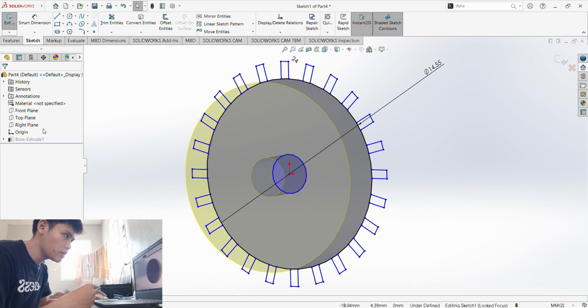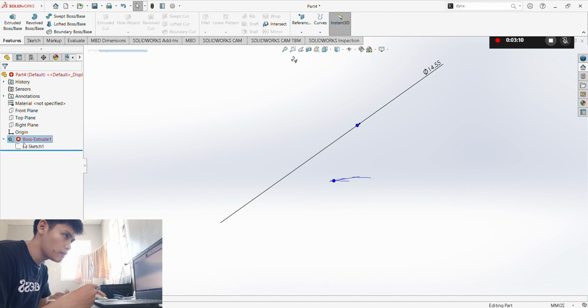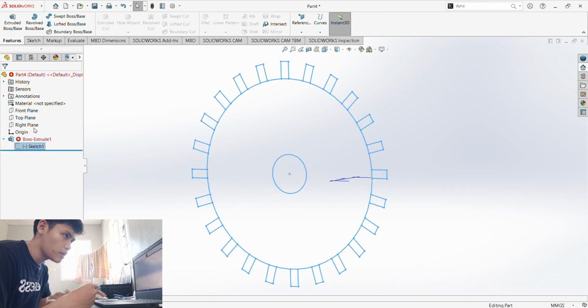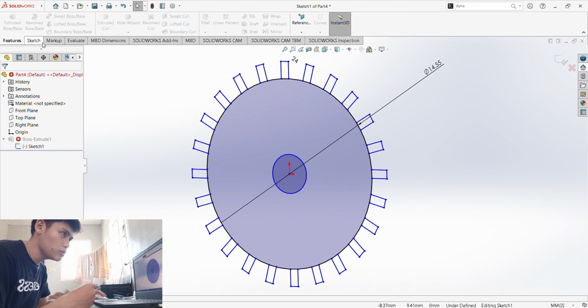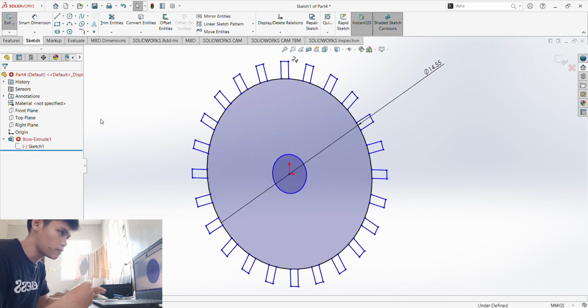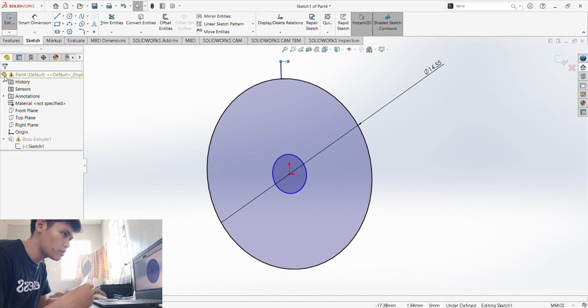Then if you revolve that, of course, it will look like, wait, let's rebuild this one. And okay, if you try to rebuild this one, edit, sketch, it should look like... there's rebuild errors.